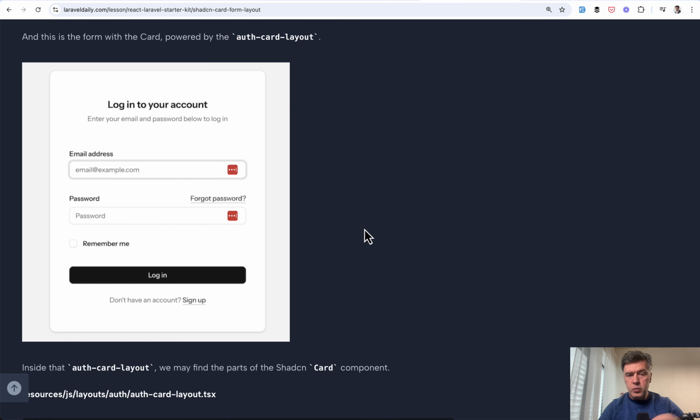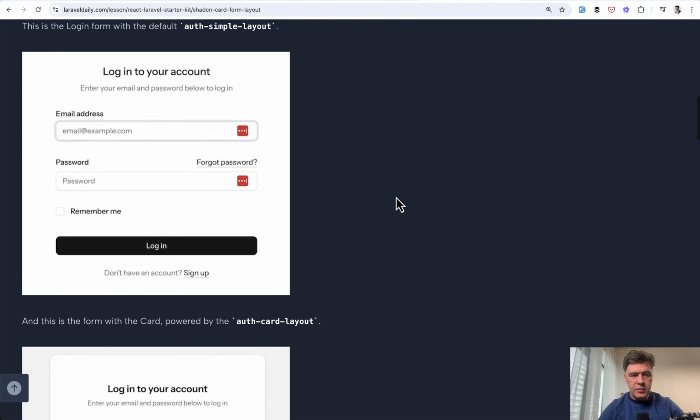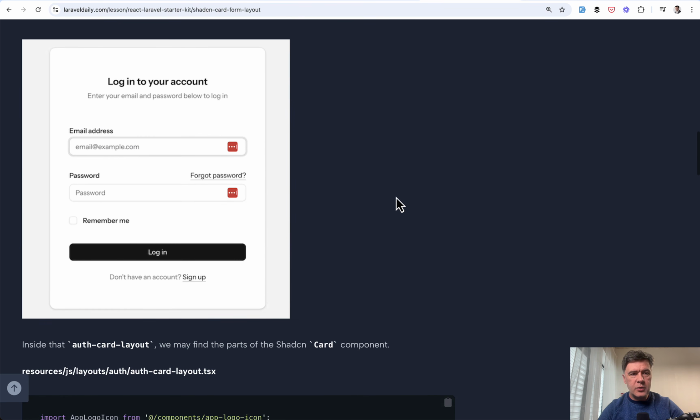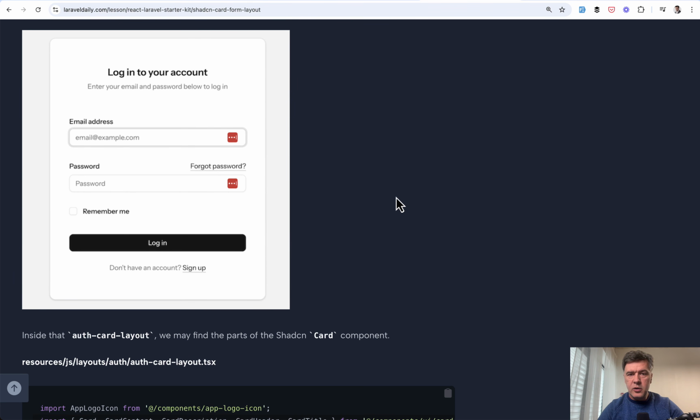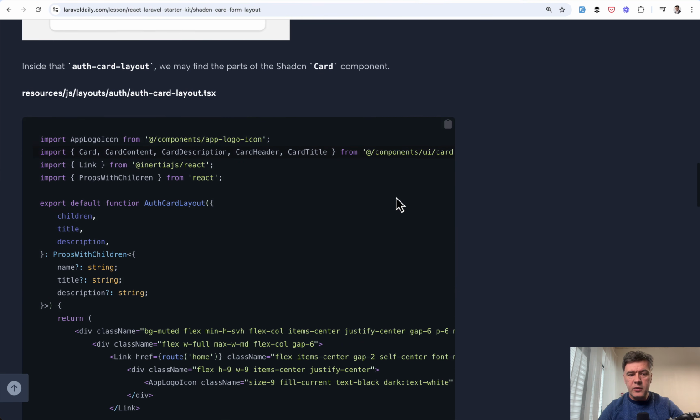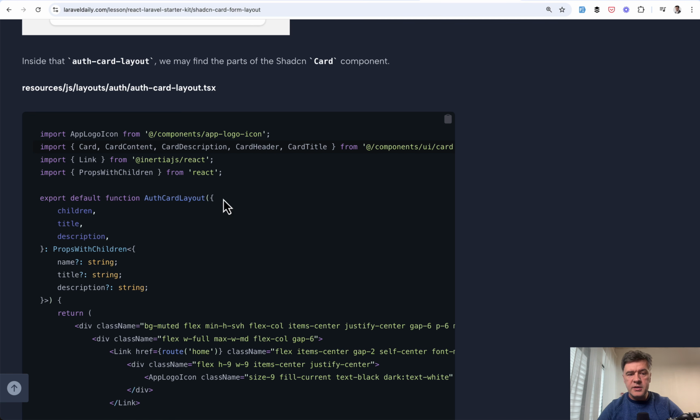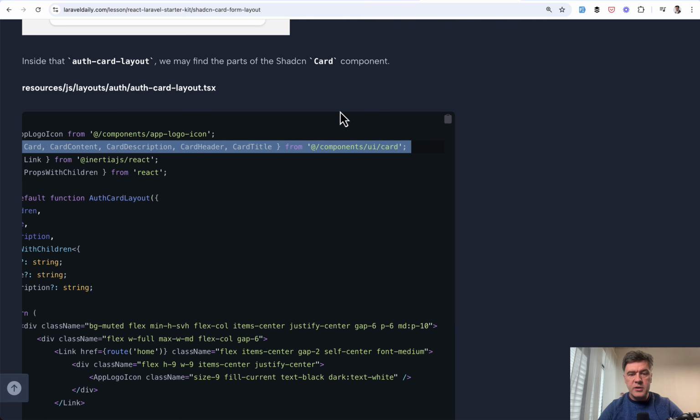And under the hood, we can take a look, for example, at card layout, which is in React powered by ShadCN component. So this is the before and after in my course about React starter kit. And those default layouts may be good lesson for us to learn the components under the hood, like ShadCN, for example. So in the auth card layout provided by default starter kit, we have card imported from components UI card,